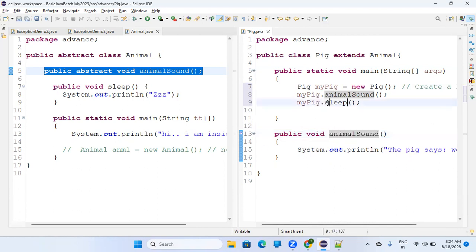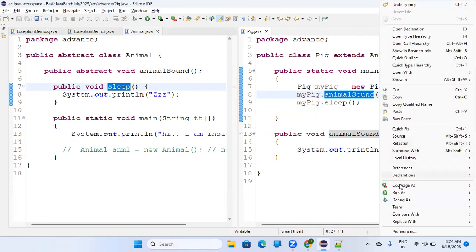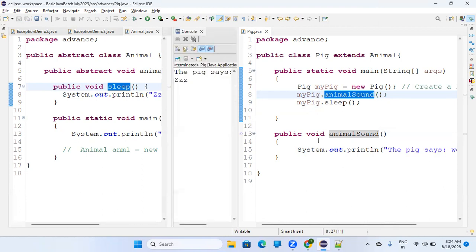But the sleep function is not defined in the Pig class. So it will search first here: is there any sleep function here? No. If it is not there, it will go to its parent and check, okay, is there any sleep function? Yes. So that will be called. So how will it work? It will first print the pig says that, and then it will print the sleep part. So if I'm running this,